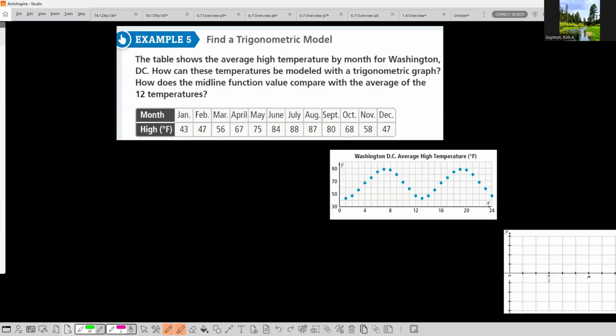So now they're trying to show you again a real life situation where you might use this. If I wanted to use this cycle of that graph, there's my cosine. My midline looks like it's right through there. We could get it more specific if you wanted to, using a low point and a high point and calculating it. I'm just going to say it's the 60. Move your midline up. Move the whole thing to the right to the 7